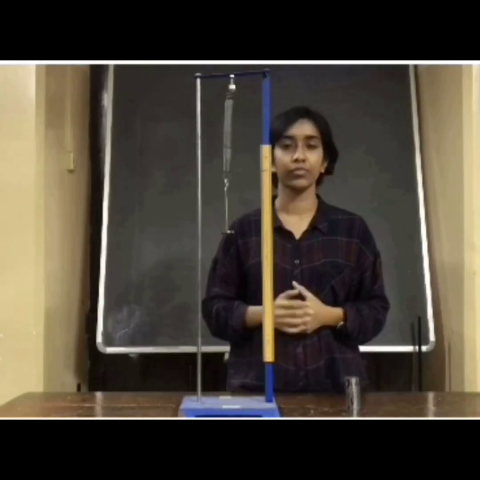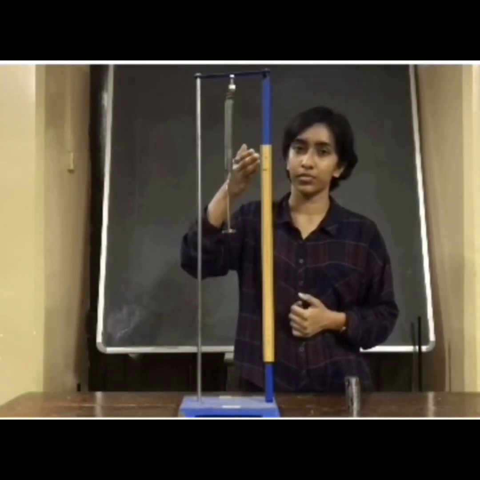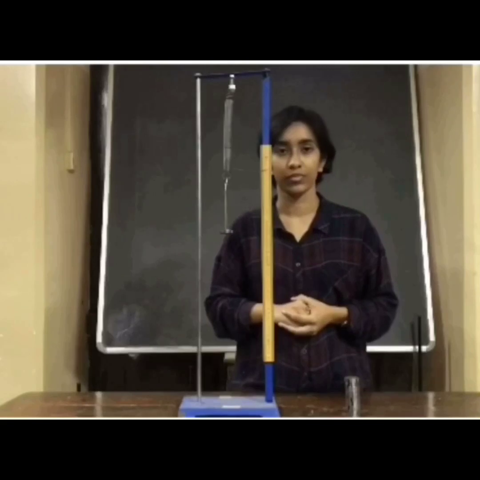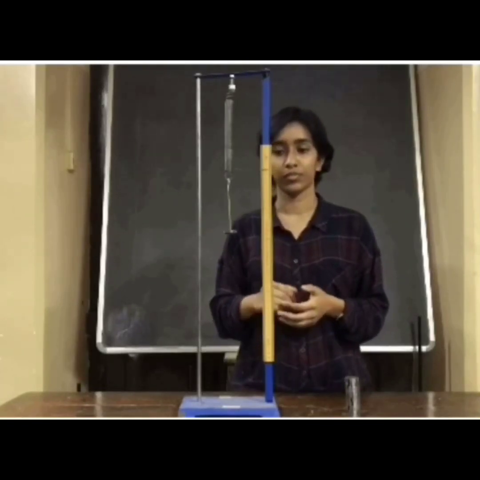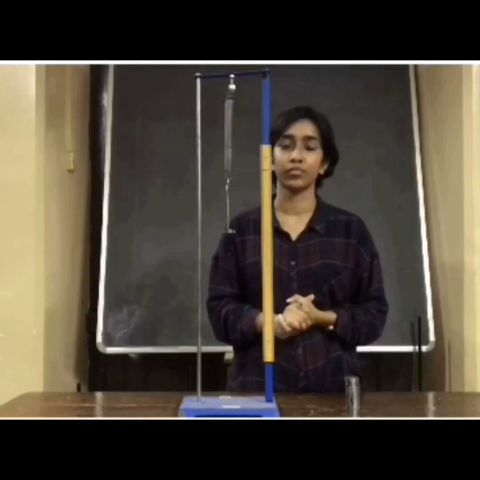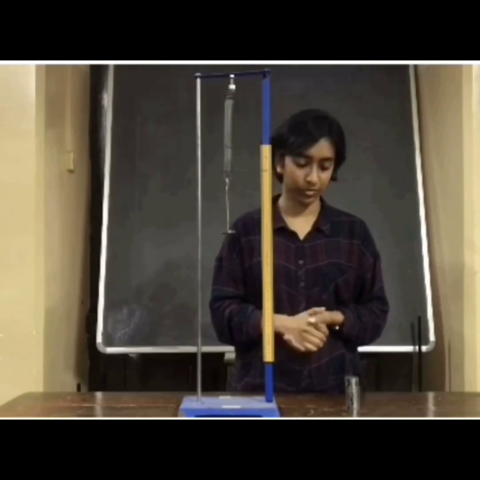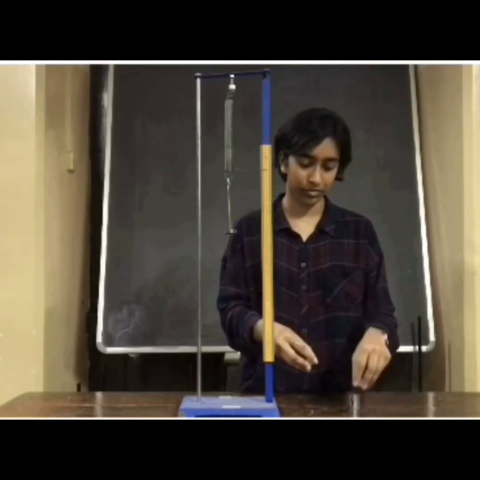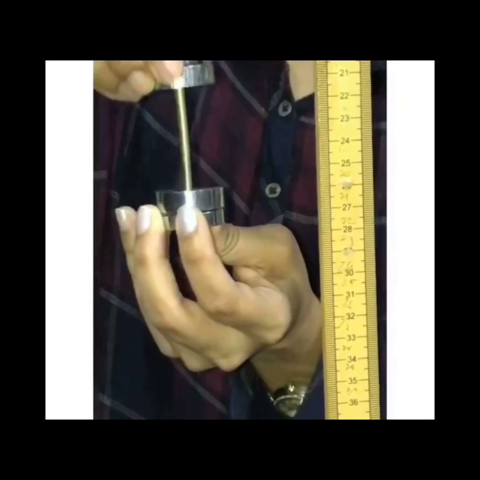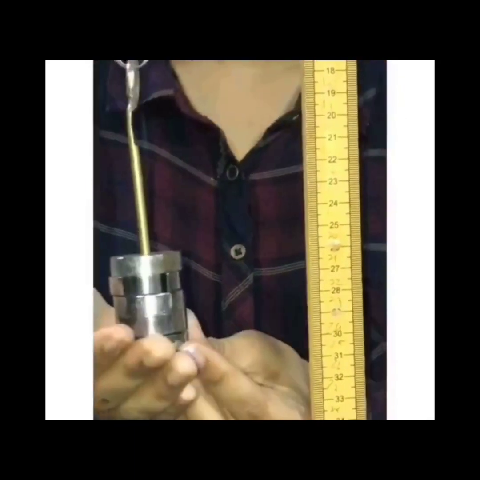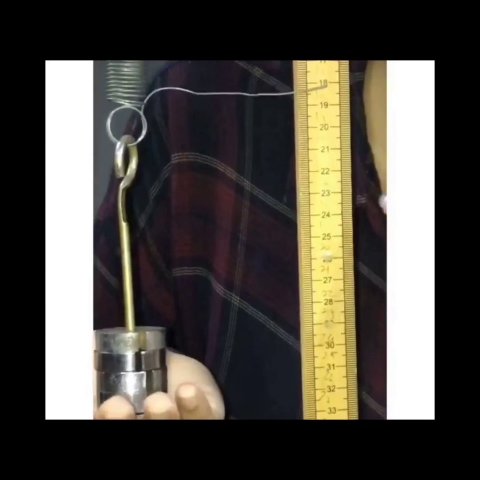But the problem that arises here is that the extension produced is very small, so small that at the time of unloading you won't be able to calculate the extension value because it will be so negligible. Thus, we go for a higher mass of around 250 gram. Taking the extension produced by this load as the reference point, we calculate the extensions produced by all other masses, that is,